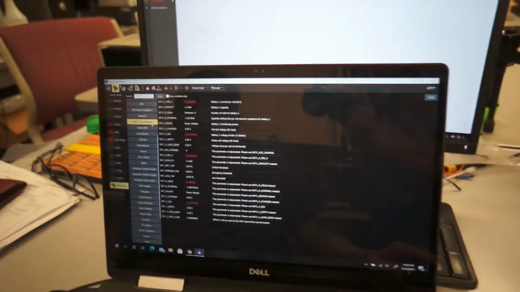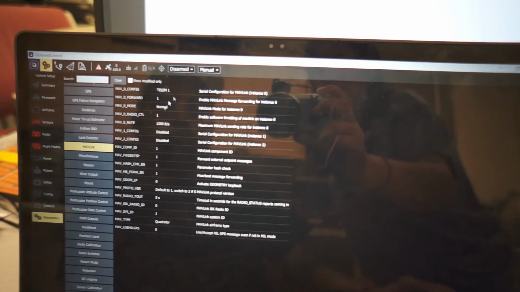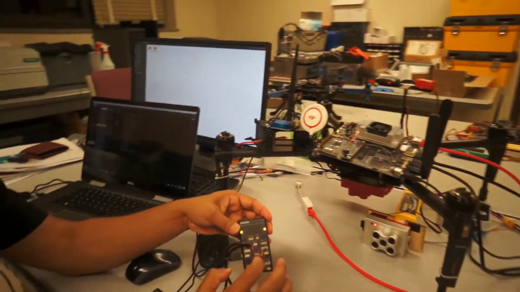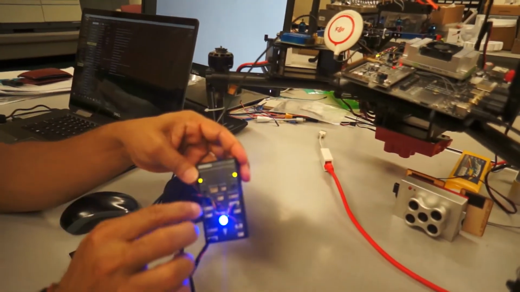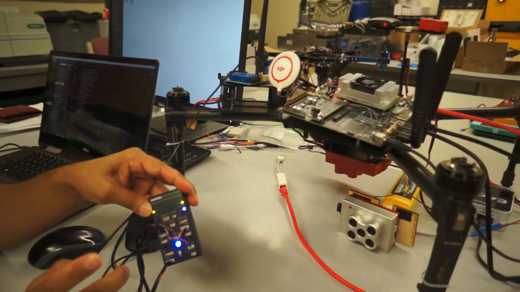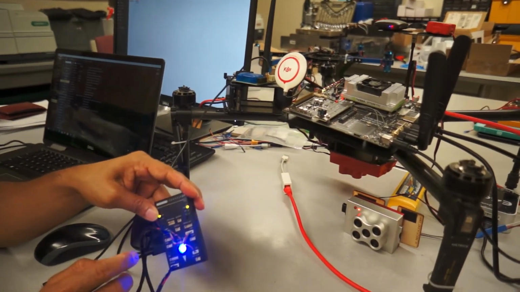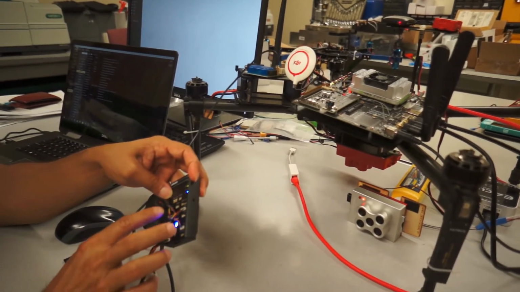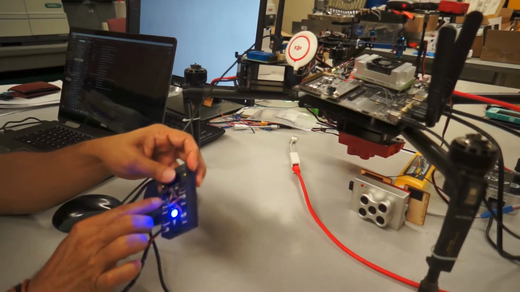You can see different parameters you can set, and I will be more interested in the MAVLink protocol for telemetry. The way this will communicate with the Jetson TX2 is using UART, the Universal Asynchronous Receiver and Transmitter protocol. That will be done through telemetry 2.